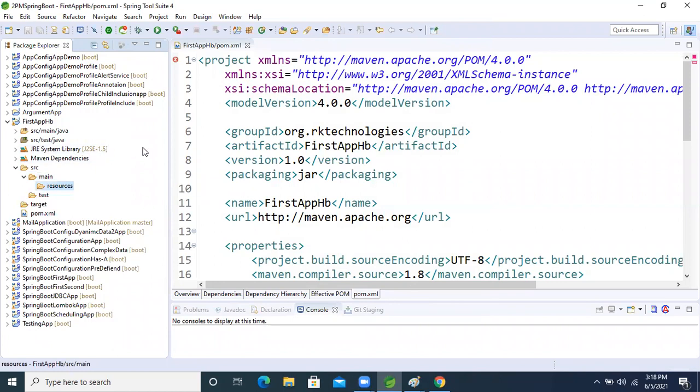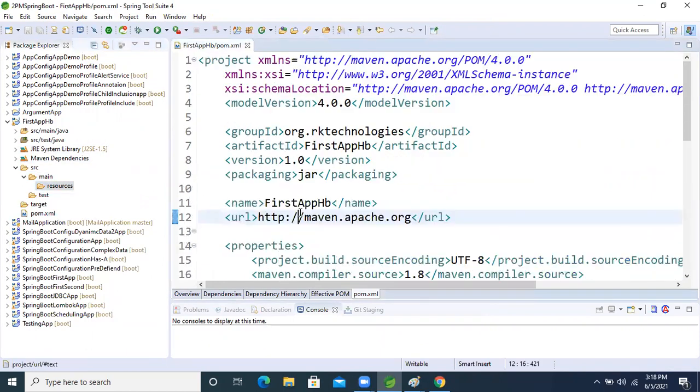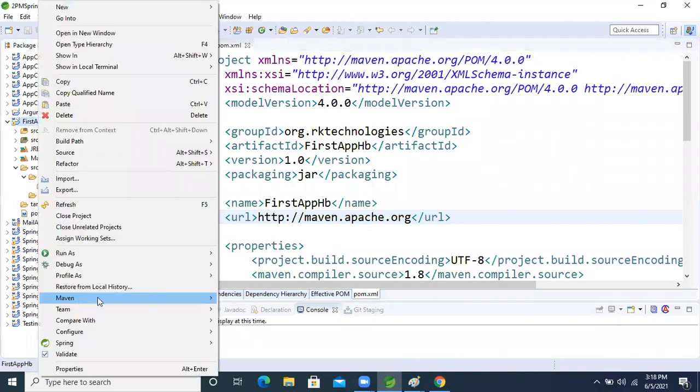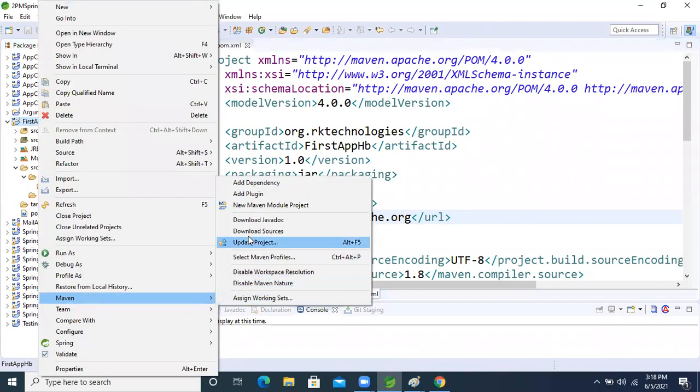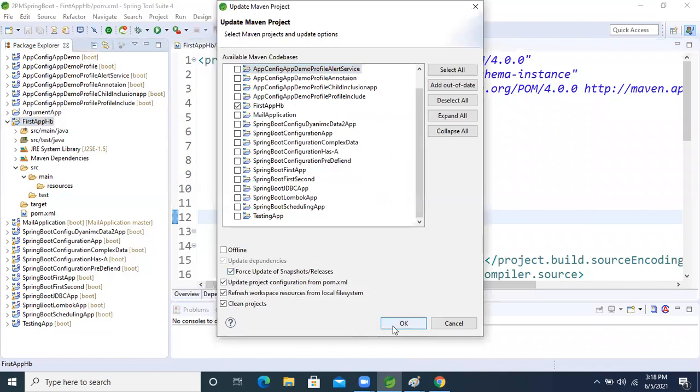Fine. Now the resources folder is created, guys. Next, right click on the project, go inside Maven and update the project, forcefully update.